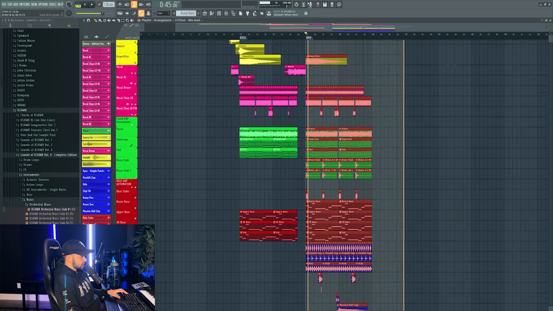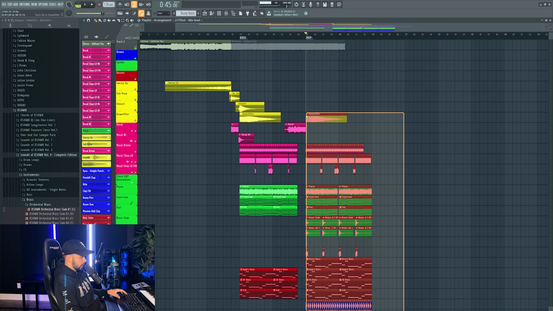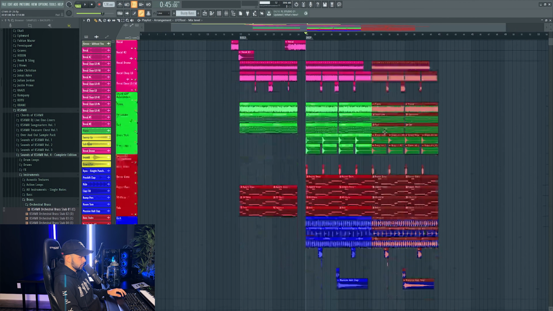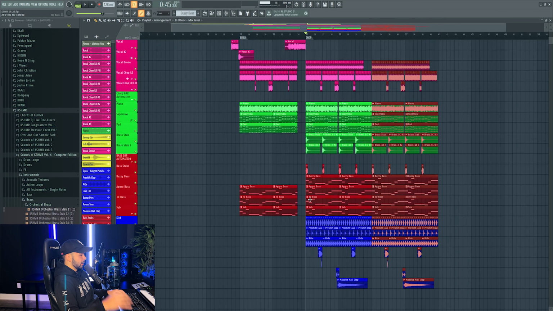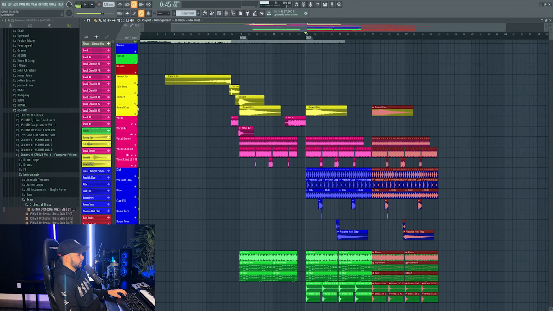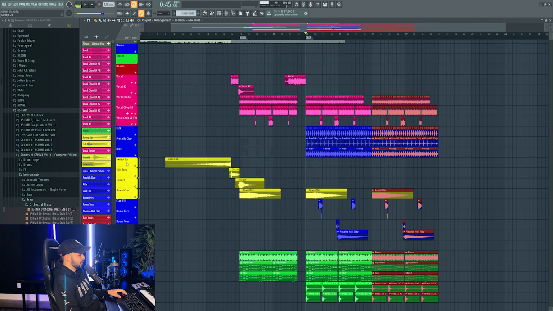I'm happy with that. The next thing that I'm going to do is copy over everything just once, and then we'll get a little halfway fill here. Why am I doing this opposite too? I just noticed that. Usually my drums go at the top. Yeah, okay. Now this is making more sense. My brain was like, what's going on? Why does this look weird?